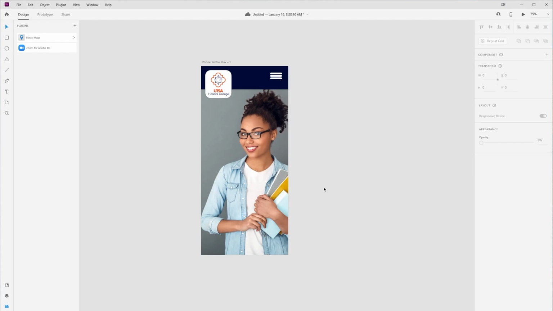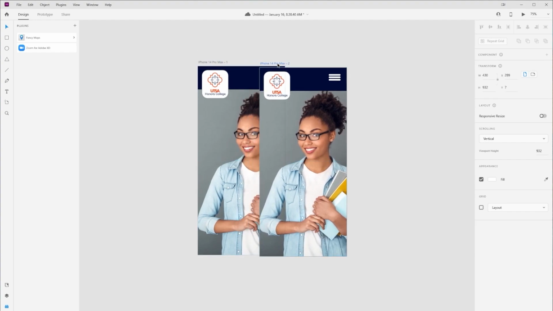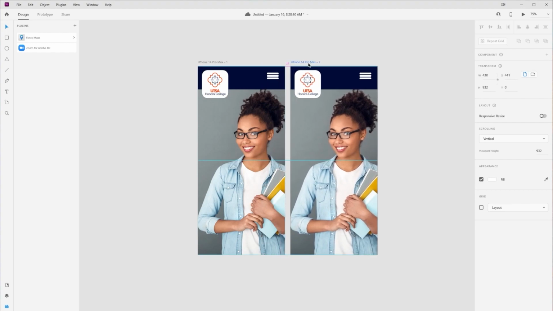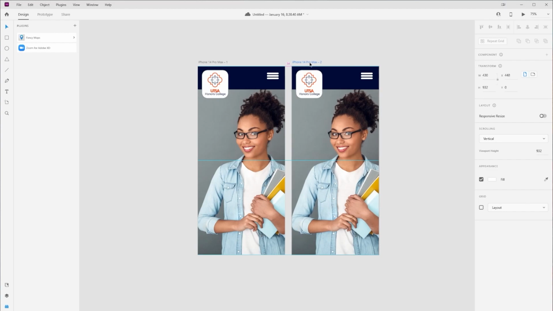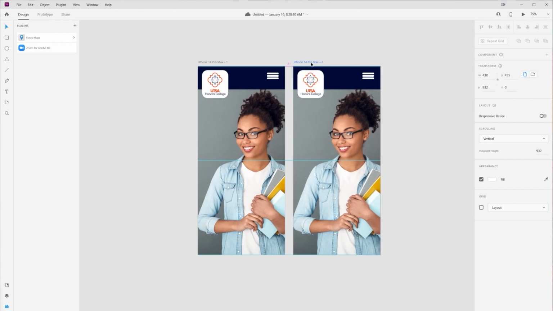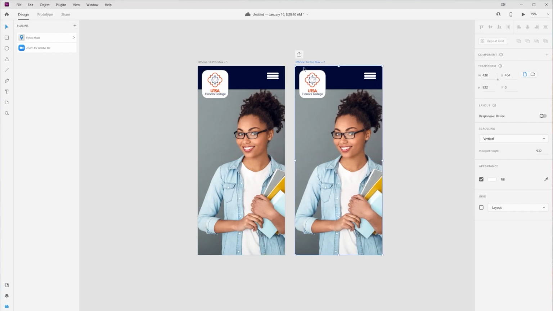So to do that, I just copy what I have already. I can click on this type up here where it says iPhone 14 Pro Max, hold down the Alt key and drag it over. And then notice right between that, it's showing me how much space. You can choose how much space you want between this. So it's 34, let's go with 50. So I have 50 pixels between this. And then I can start to build out the next section of my app.